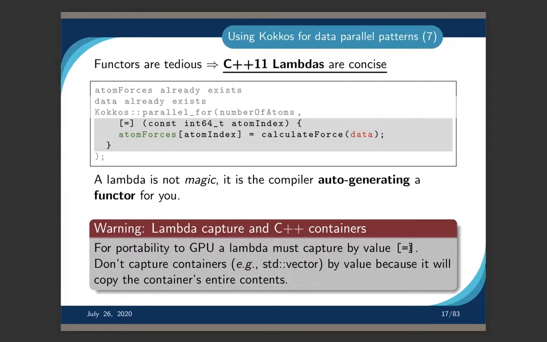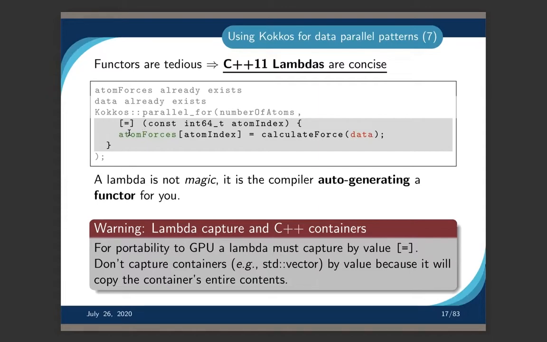Now, capturing by value has a couple of side effects. One problem is that data structures which are containers or have container semantics, like std vector, are a bit problematic, right? Because if you capture a std vector by value, it actually creates a new allocation, copies all the values over, and now you have a new copy, right? If atom forces here were a std vector, all the updates you do here are lost by the time the parallel for is done,